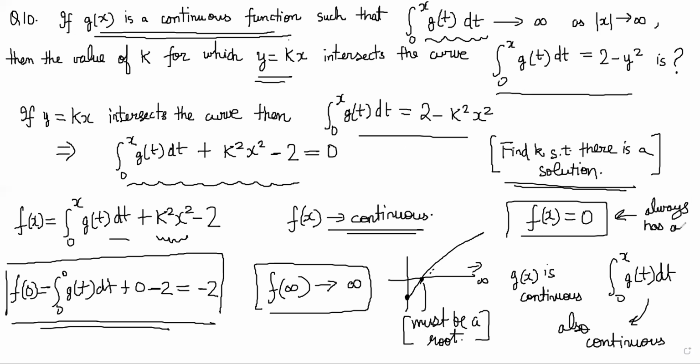So that means that k can be anything. There is no particular condition that you can impose on k in which case it will have a root. k belongs to real numbers, and therefore the answer will be all options of k. Like the options of this could be anything, and k will take all of those values as long as it is real.